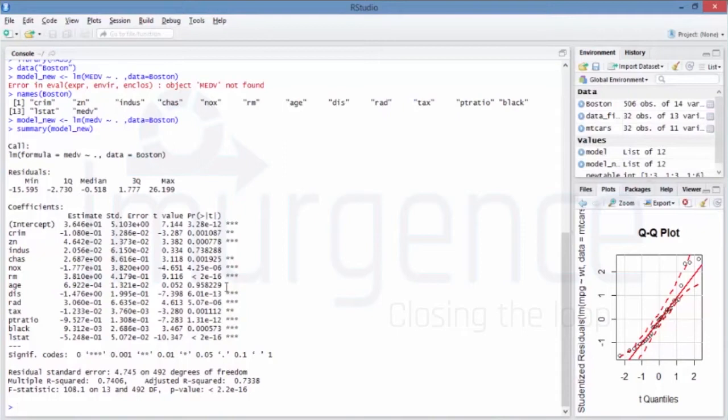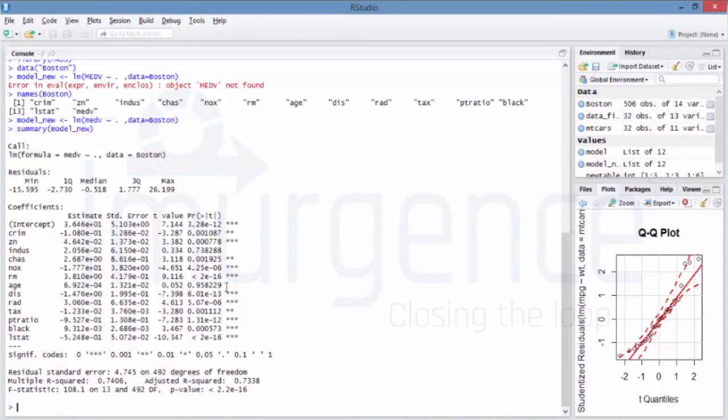Only thing is that in this case you will have 3.64, so that would add up to 36.4 as the slope. Now the e raised to plus 01 indicates that you have to multiply by 10. If it is e raised to plus 02, you have to multiply by 100. If it is e raised to minus 01, you have to divide by 10. If it is e raised to minus 02, you have to divide by 100. That's how values are represented in R when they are very small values, right?